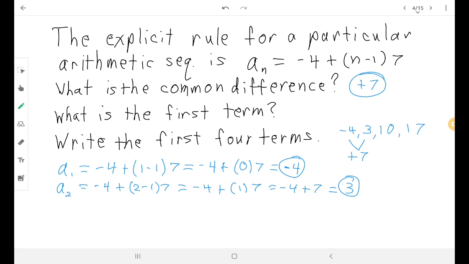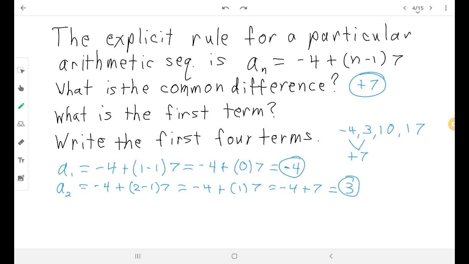And I should add, so that was right there. That was the common difference, was 7 or plus 7. And it goes right next to this part. It's the multiplication, which should make sense because the really basic definition of multiplication is to add the same thing over and over again. So if I keep adding 7 to get the next term and the next term and the next term in the sequence,